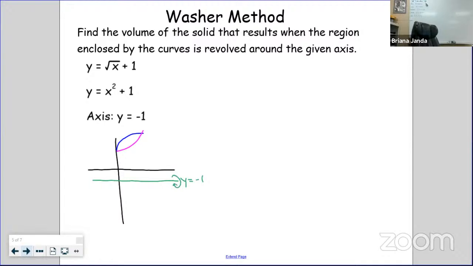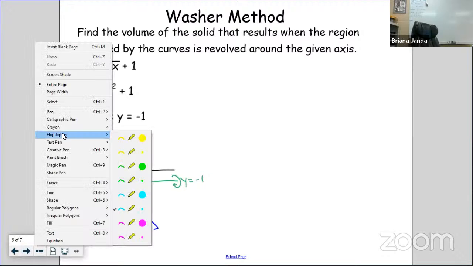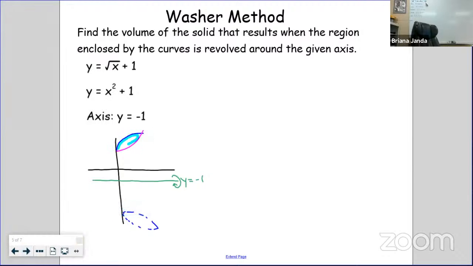So if I think about reflecting that picture over, we'd be down here. And our area up here gets revolved around that axis. Our washer connects our outer functions, circling that axis of revolution, and our inner functions, circling that axis of revolution. And it's really the length of the radius that is the conversation we need to have on this one. Okay. So again, as we zero in on just one washer,